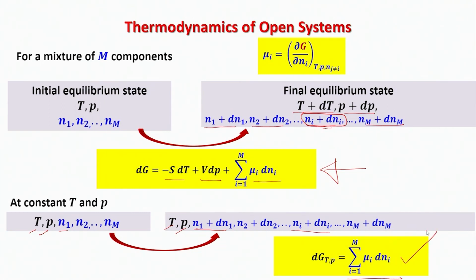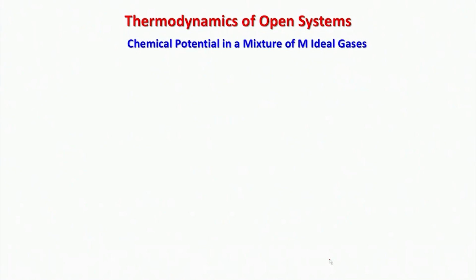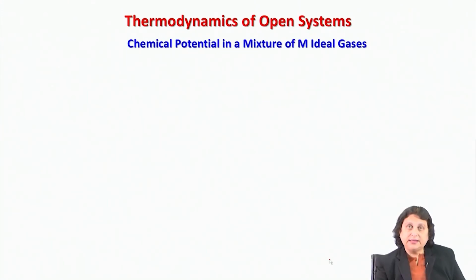So with this, we understand that a fluctuation in the composition of the system does lead to an infinitesimal variation. If the fluctuation is infinitesimal, there will be an associated infinitesimal variation in the Gibbs free energy even if I'm maintaining the system at constant temperature and constant pressure. Now with this, let us extend our consideration to find out the chemical potential in a mixture of capital M